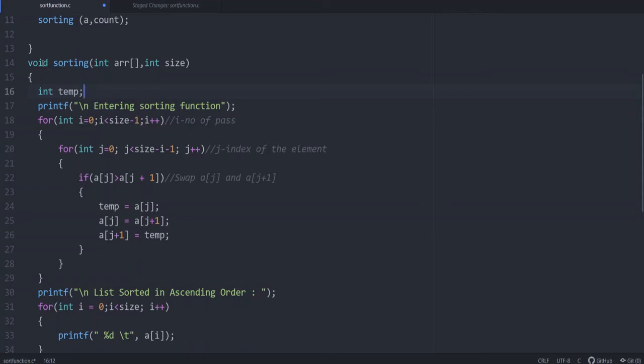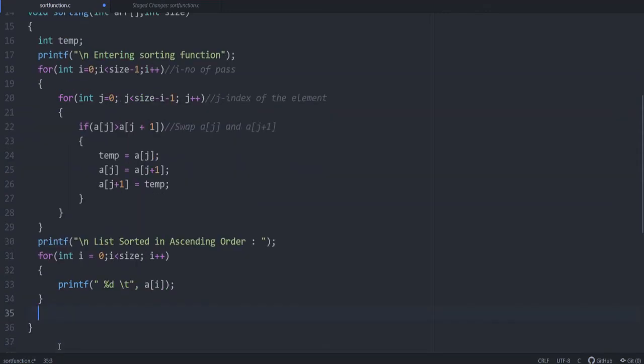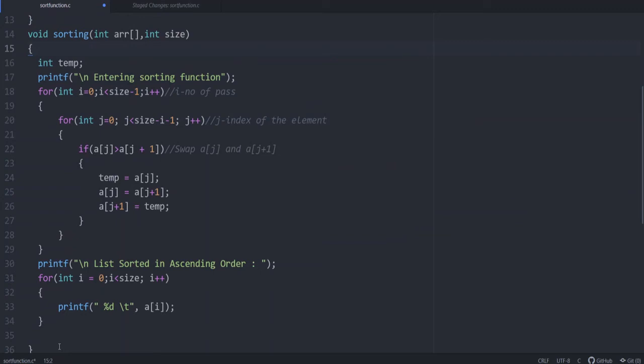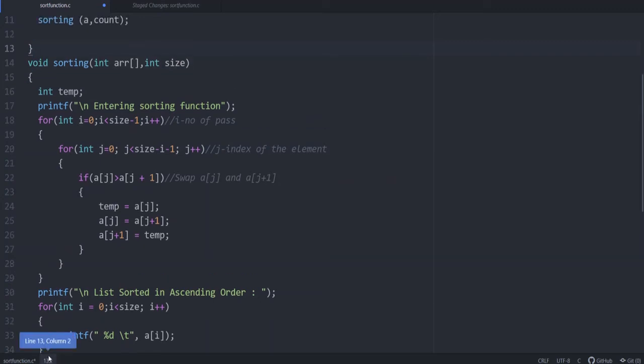And here we are not returning any value. So what you have to do after sorting, the ascending order should also be printed within the function. After printing the sorted array, there is nothing else to do and we can directly close the function. If it were something like returning the sum of the elements of the array, we would give return sum, and when the function call comes, you have to give it accordingly: A equals, and then you call the function. But here for sorting, we wrote it in such a way that it does not return any value. So let's compile the code.